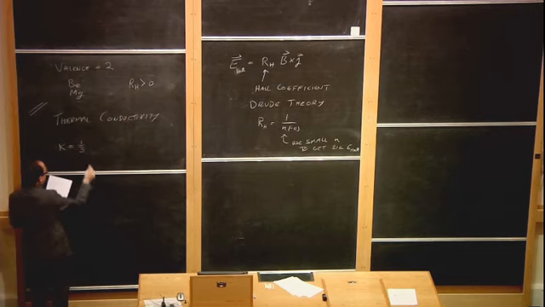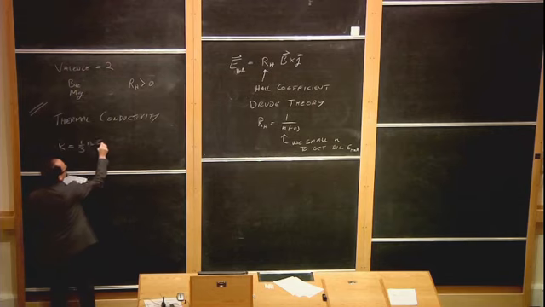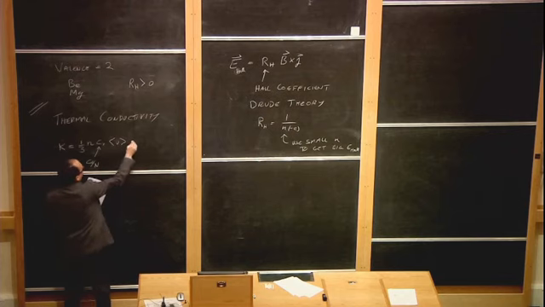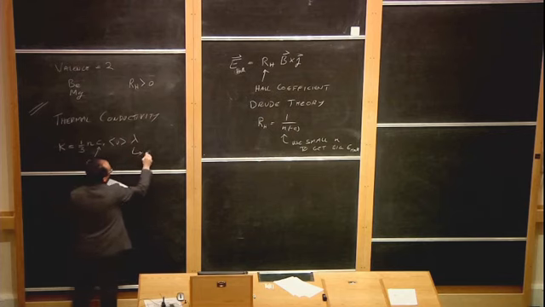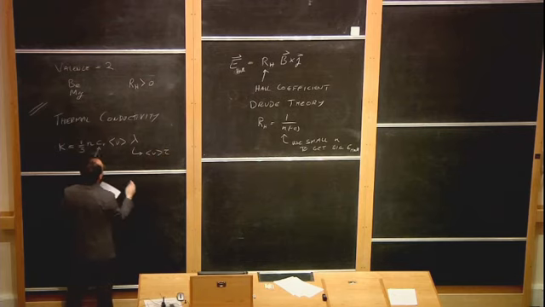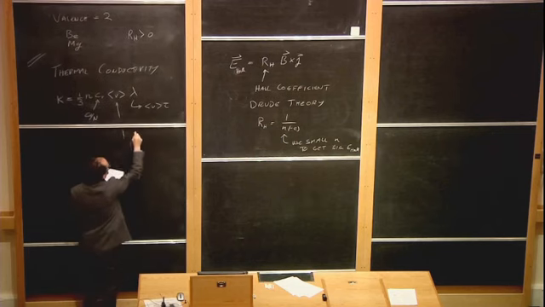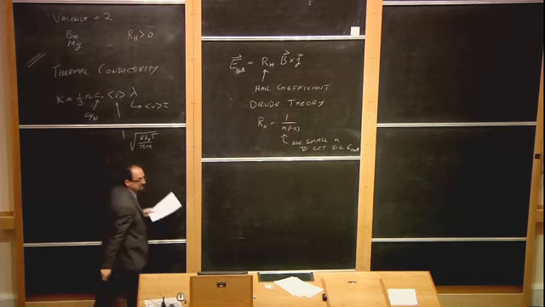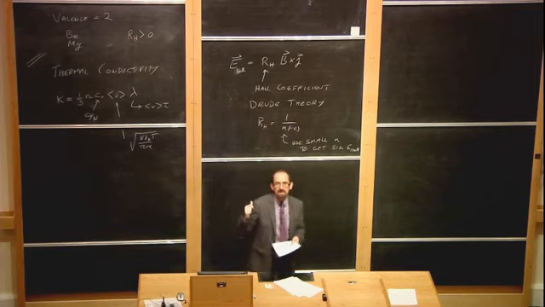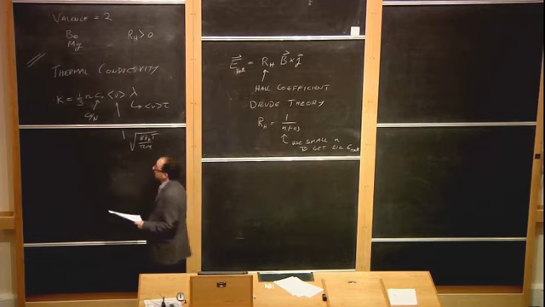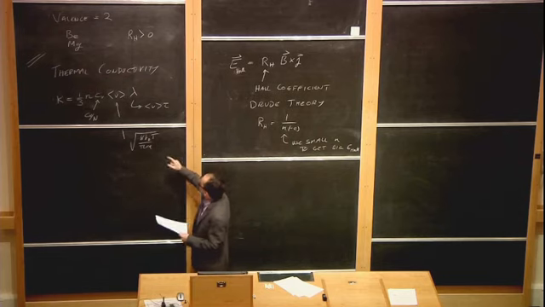The thermal conductivity for a monatomic gas is 1/3 the density of particles, times the heat capacity per particle, this is CV over N, and then there's a velocity and a scattering length, which is a velocity times the scattering time. And in kinetic theory, we can take the velocity to be the square root of 8 kBT over pi times the mass. Does this all look familiar? Is this vaguely familiar from last year? Hopefully. OK. So what we do is we actually just plug this in.